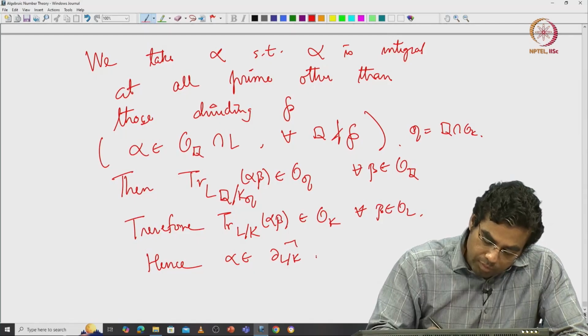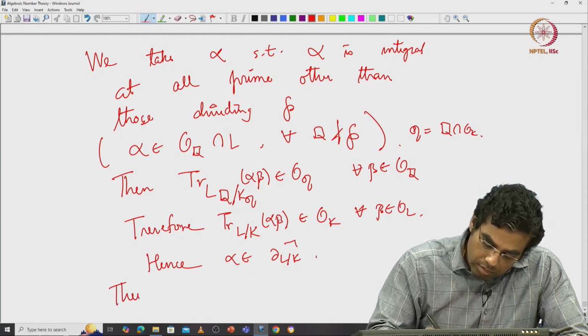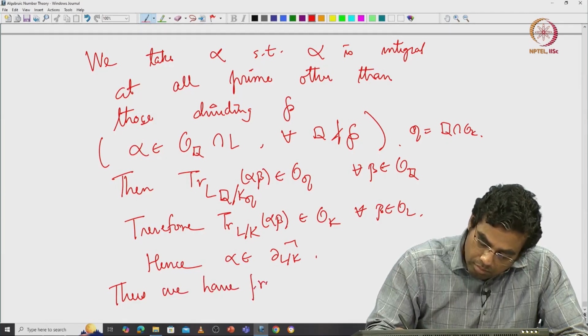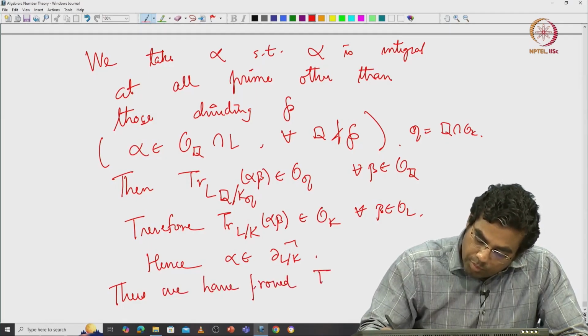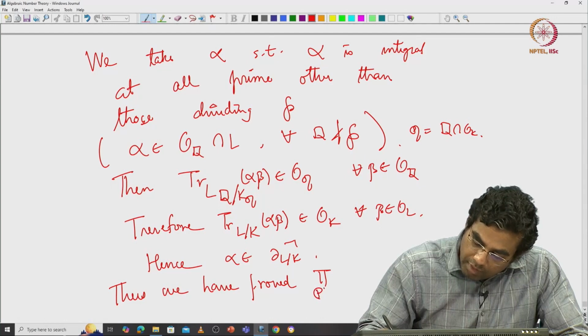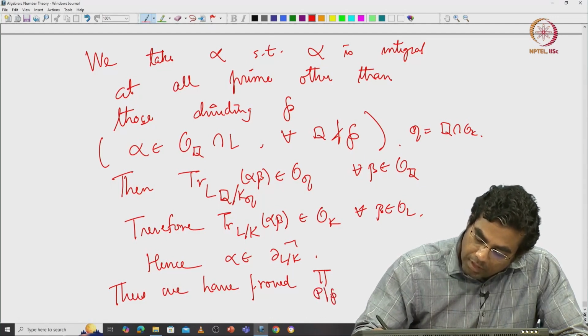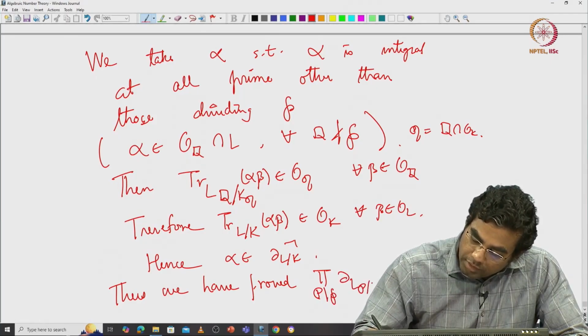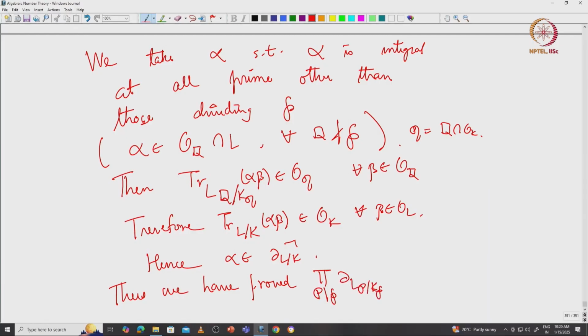So thus we have proved the claim that the product over P dividing p of D_{L_P} over K_p inverse